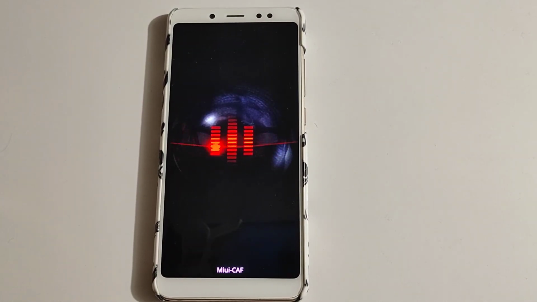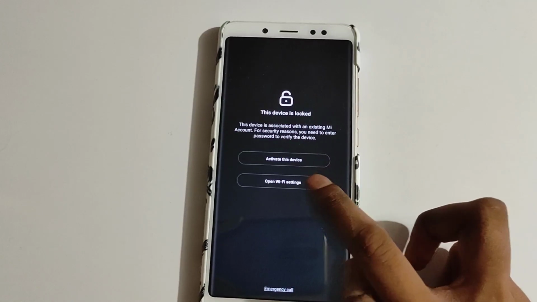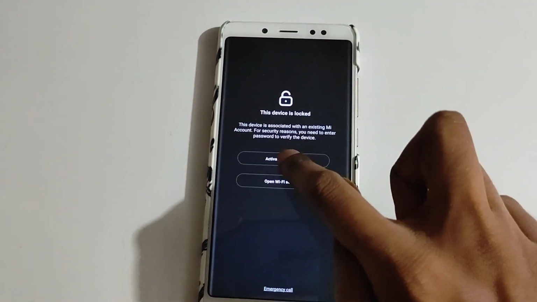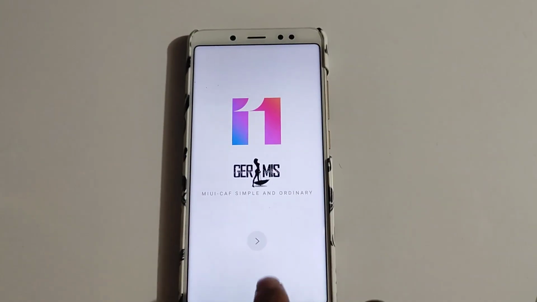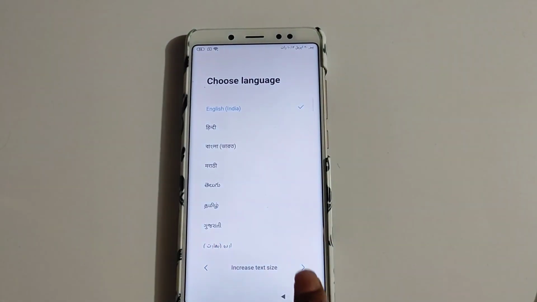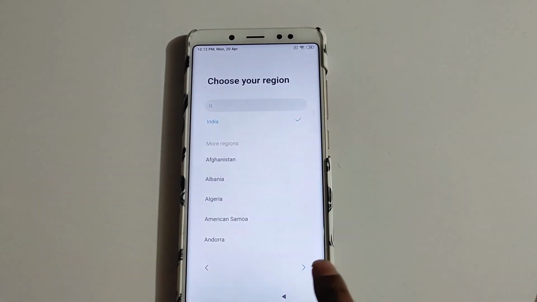So as you can see, showing the bootloader of the MIUI CAF. So first you need to connect to your Wi-Fi using the Wi-Fi settings, and then click on the activate this device. So yeah, after doing that, just click on the next, select the language.